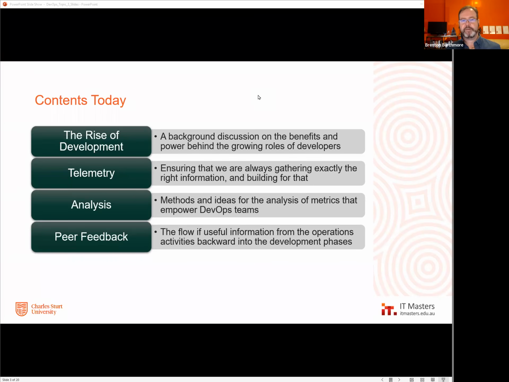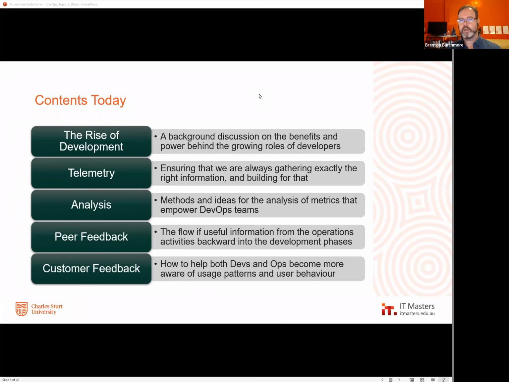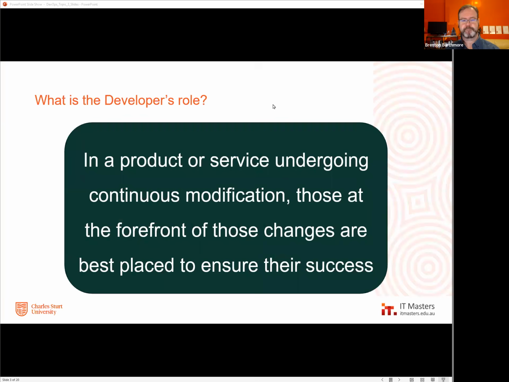We'll talk a bit about peer feedback and how the close working relationship that can evolve during specific moments of the DevOps helps development do what it does and helps operations do what it does. So we'll talk about the close interactions between those two groups. And we'll also talk about the way in which the idea of continuous incremental deployment and delivery actually gives us some fantastic options to get customer and user feedback. Ways that we just wouldn't have access to with other delivery systems and mechanisms. So that's what we're going to cover tonight.